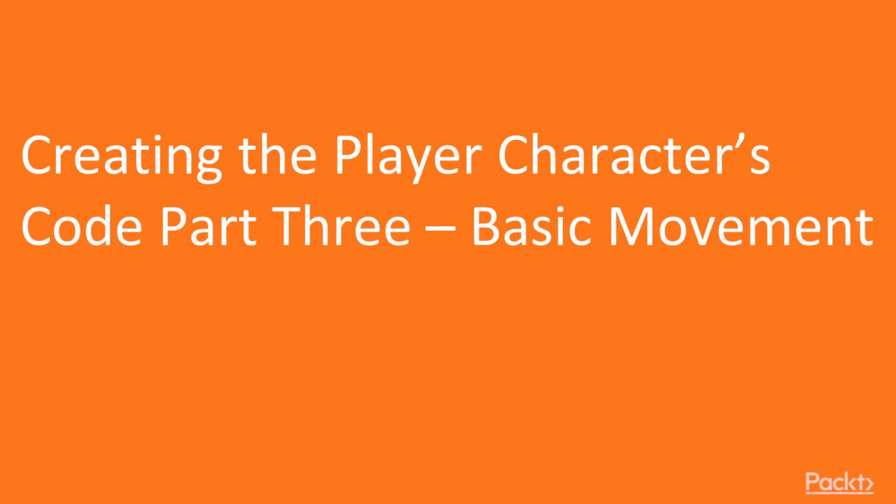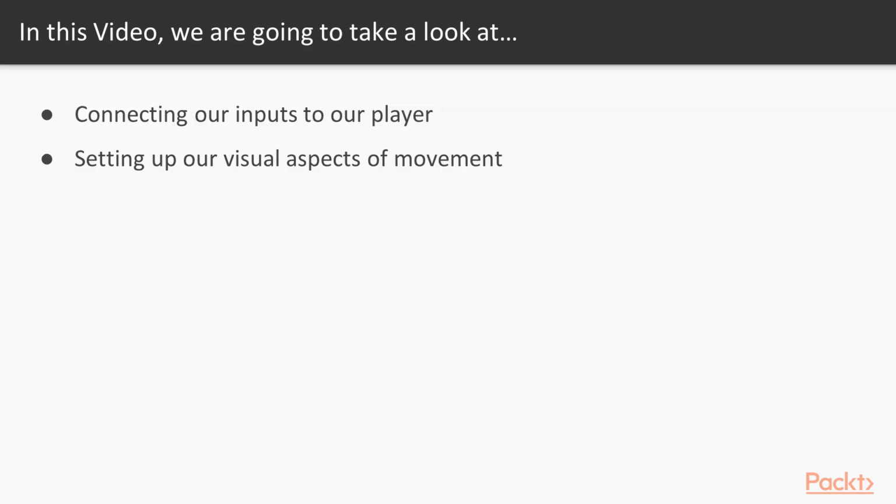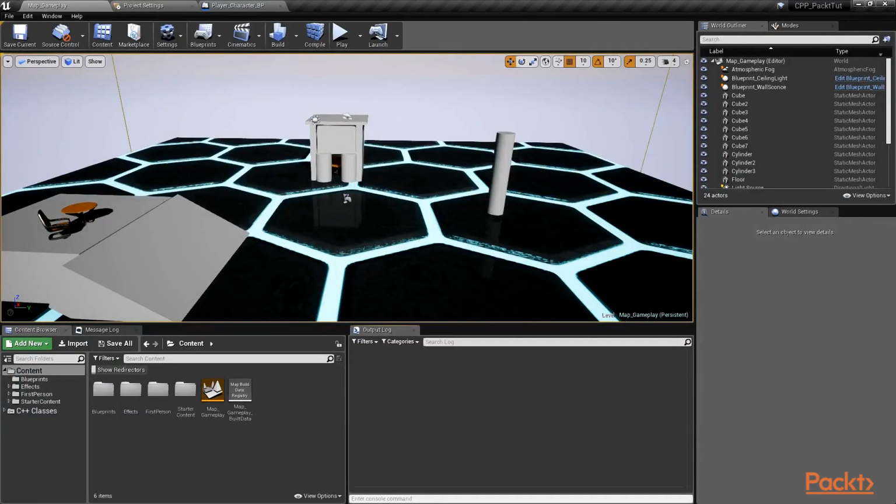Welcome to Section 3, Video 3, Creating the Player Character's Code, Part 3, Basic Movement. In this video, we are going to set up our inputs to connect to our player and set up our visual aspects of movement. First, we are going to set up our visual asset by going to the Content Browser,